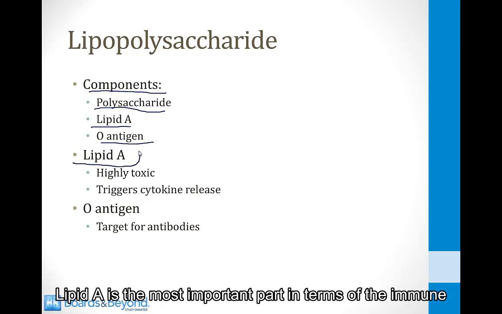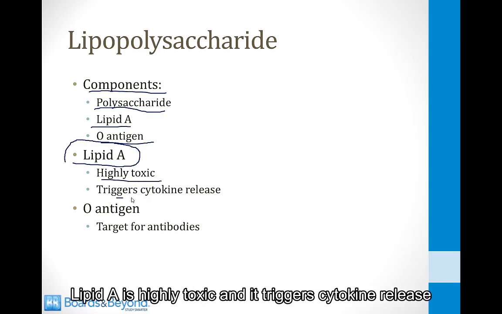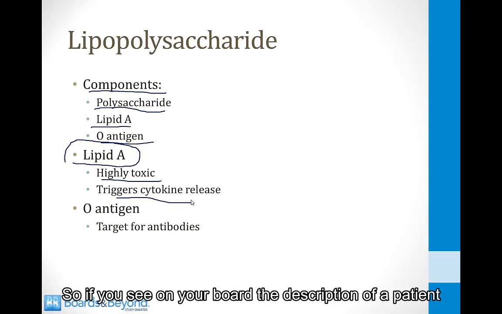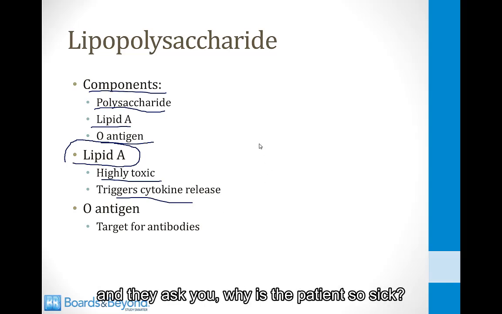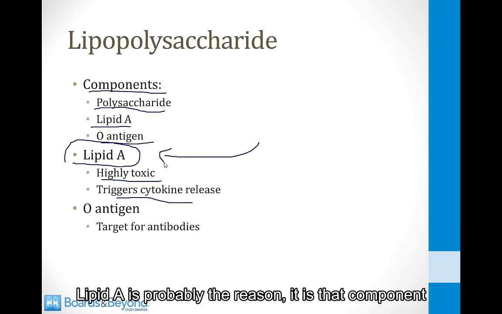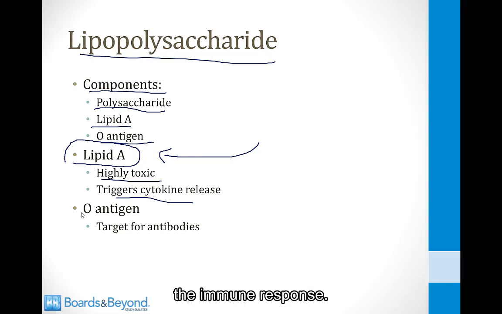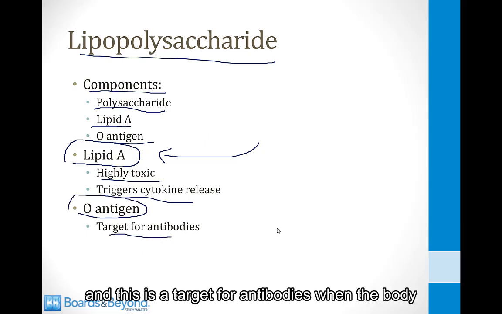Lipid A is the most important part in terms of the immune reaction in making patients sick. Lipid A is highly toxic, and it triggers cytokine release in the body. So if you see on your boards a description of a patient with gram-negative infection who is very sick, and they ask you why is the patient so sick, lipid A is probably the reason. It is that component of the lipopolysaccharide molecule that triggers the immune response. The final component is called the O antigen, and this is a target for antibodies